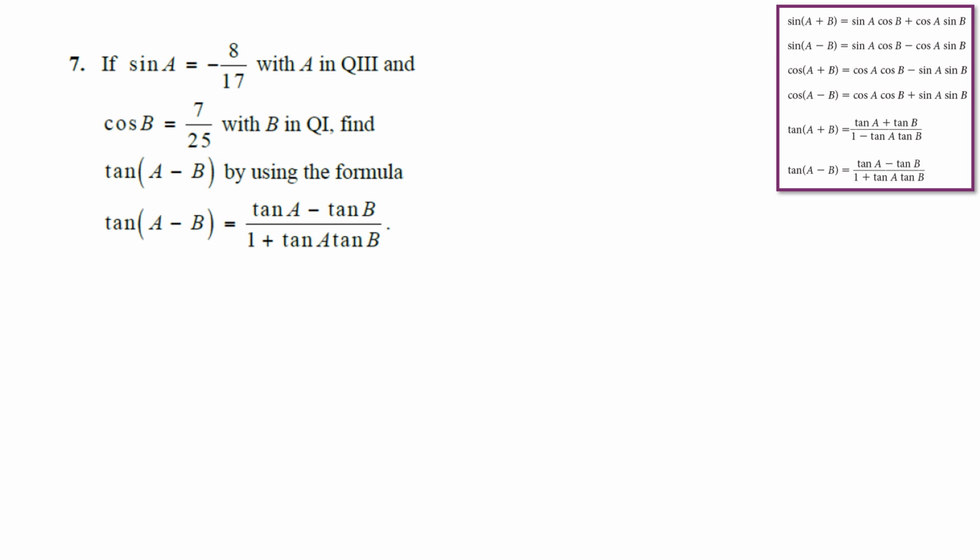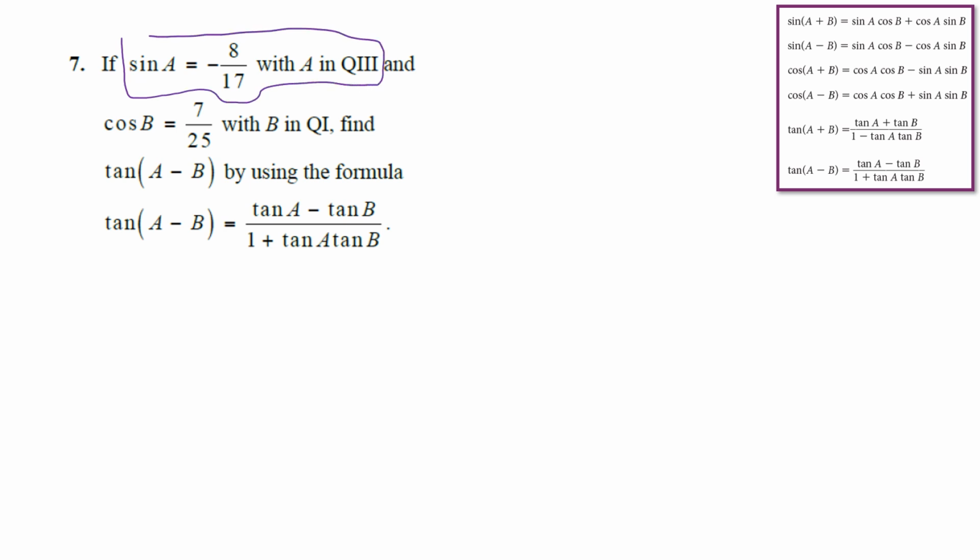Okay, so in the last problem, we did the sine over cosine for tan. This time, they want us to use the derived formula of tan A minus B equals tan A minus tan B over 1 plus tan A times tan B. Well, in order to even utilize that formula, I know that I'm going to have to find the cosine and sine of both angles. That's the only way I'll be able to identify the tan of A and the tan of B. So, similar to the last problem,